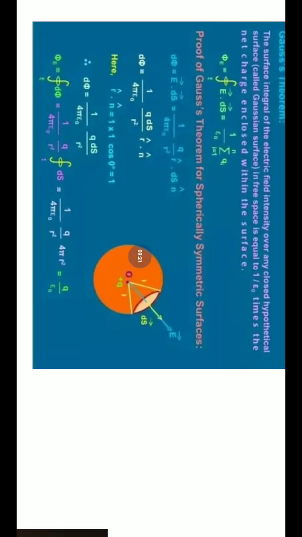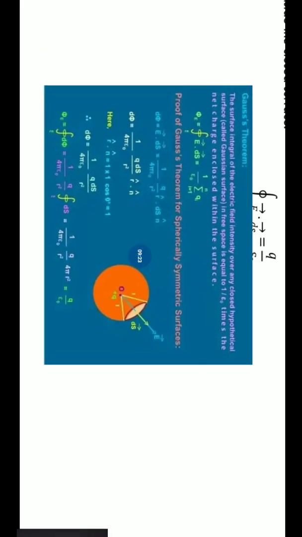Okay, so let us move now to the next part, that is Coulomb's law from Gauss law. So till this point we did two important laws. The first law we did in the first chapter, that is Coulomb's law, and here we did Gauss law. So these are two basic laws of electrostatics. The whole of electrostatics depends upon these two laws.